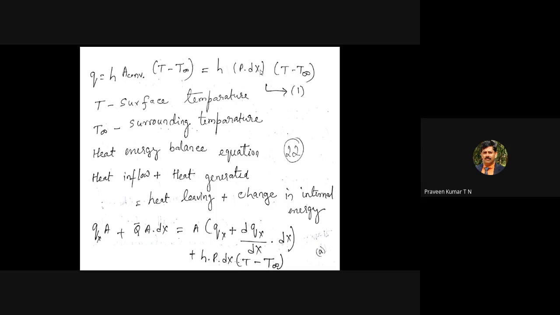That is the perimeter. In general, when you come to convection, you have to consider the convective heat transfer area. Most of the time it is the surface area, not the cross-sectional area or the area normal to the heat transfer. After equating Q in equal to Q out, there is one term, the heat generation term. Q dash refers to the heat generation term, Qx is the conduction term, Qx plus dx is again a conductive term, and hP dx (T minus T infinity) is the convective term. After simplification, I'm not going to derive it, you already finished it yesterday.